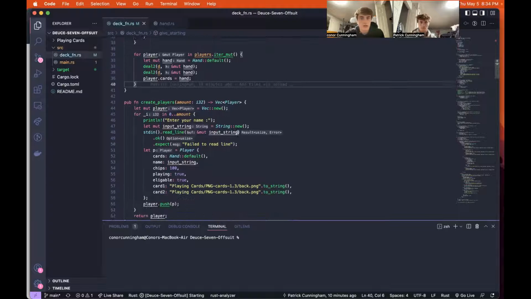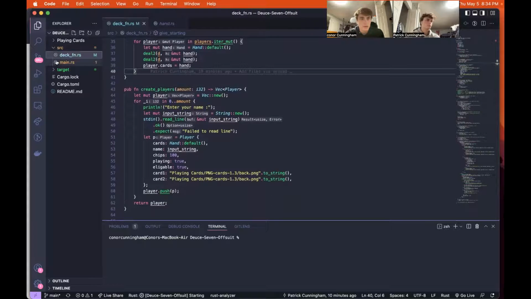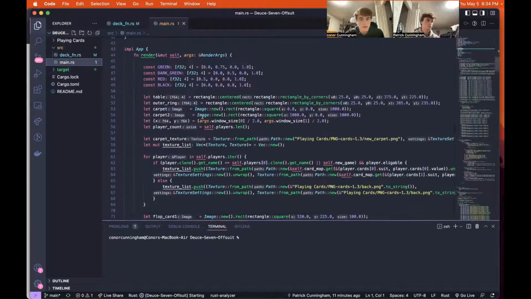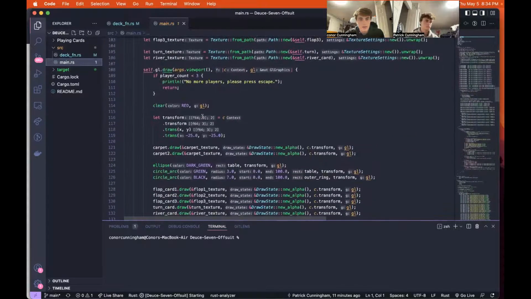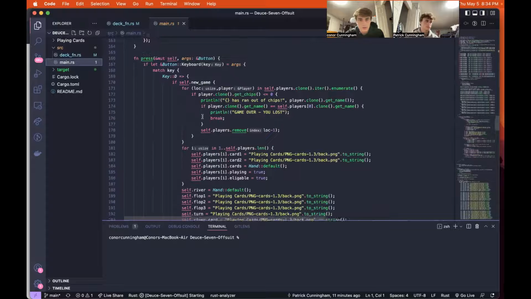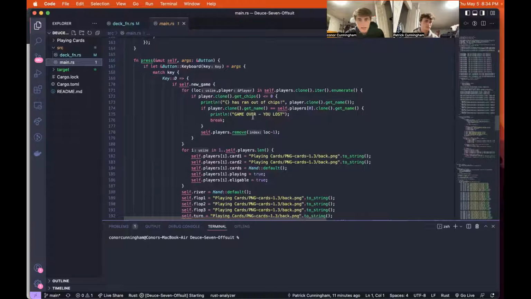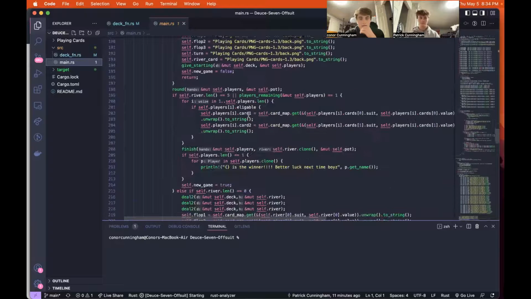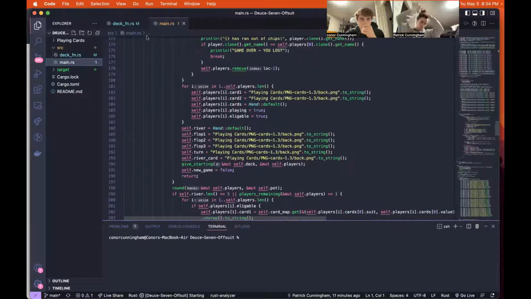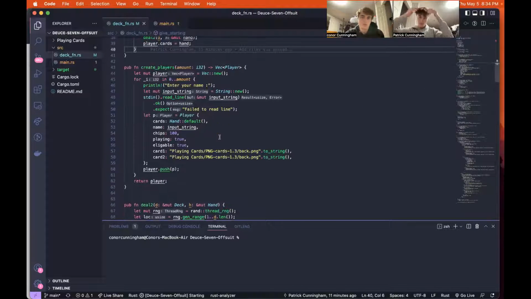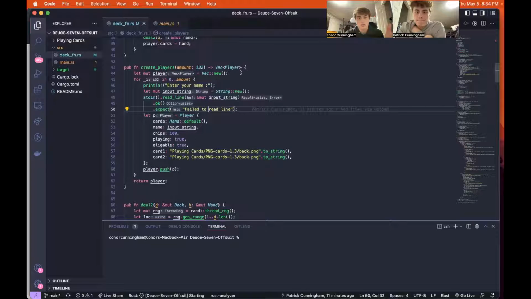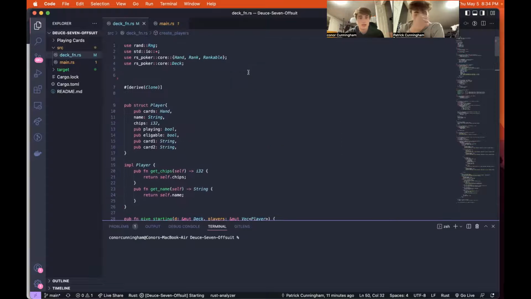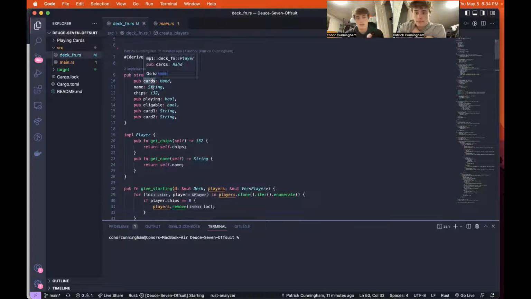We start off by creating a player. So if we look at our main function, the way that it works, we have our new game where we'll create players. We'll use this function called create players, which is how we start our game. So we'll create this vector of players, and players themselves carry certain amounts of state, including their hand, their name,